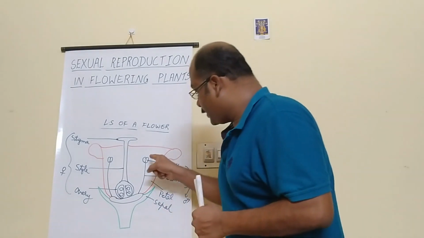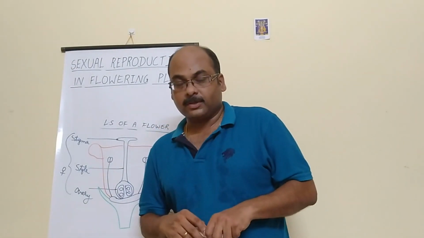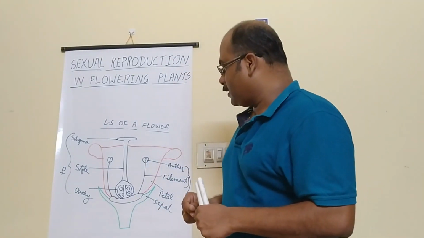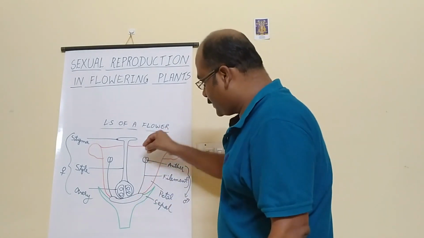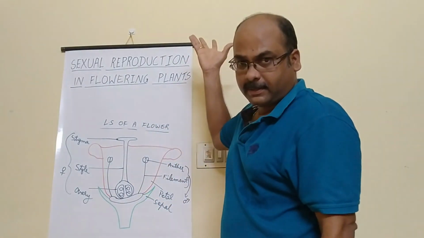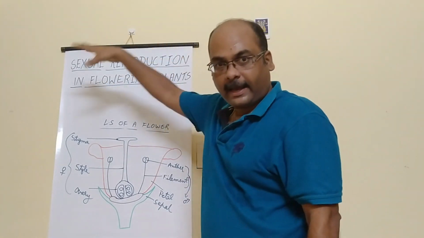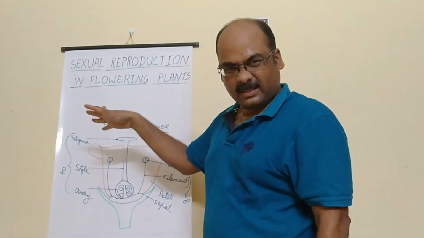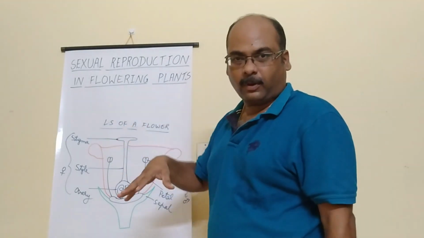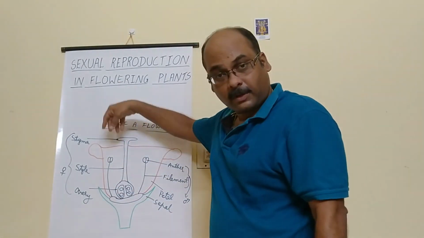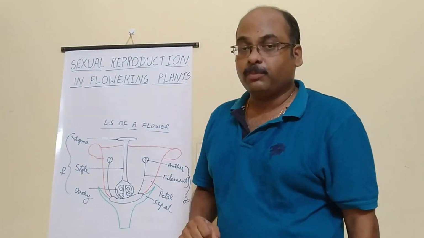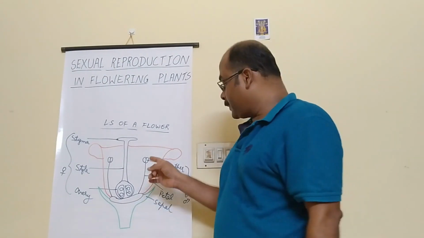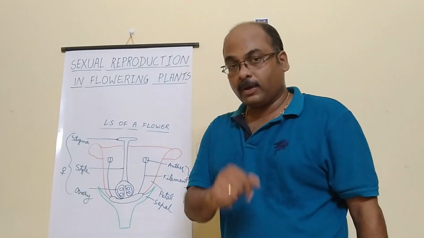Next, what happens? Inside this anther, there are small structures called pollen grains. Okay, that we cannot see, since it is microscopic. Through a microscope, you can easily see it. Now, a time comes when this anther will break, and pollen grains will be released. They will move sometimes along with air, sometimes with the help of insects. Different agents are there for transferring the pollen grains, and they will deposit on the stigma. It can be on the same flower, or on another flower. This process is called pollination. That is, transfer of pollen grains from anther to stigma is called pollination.